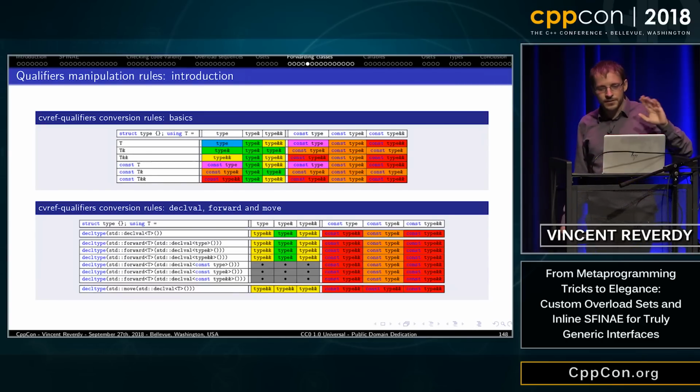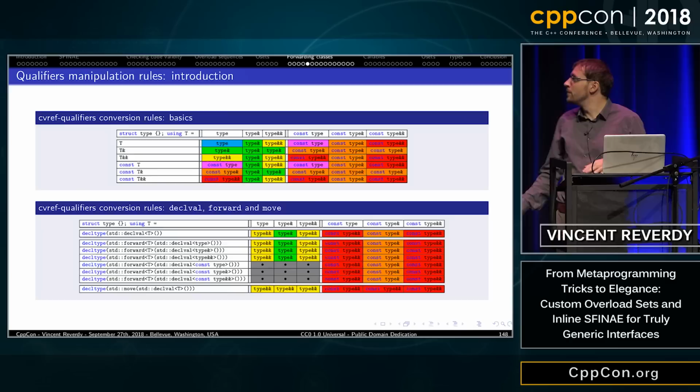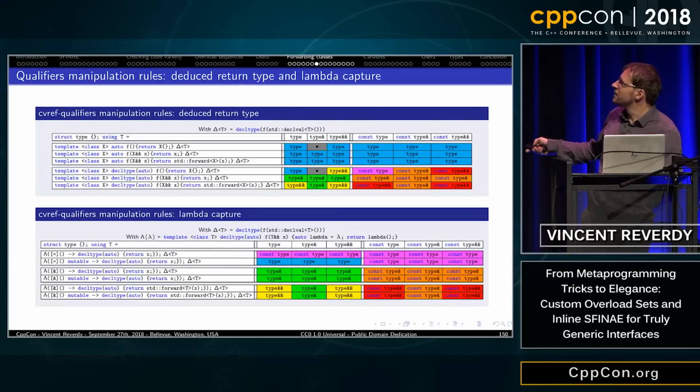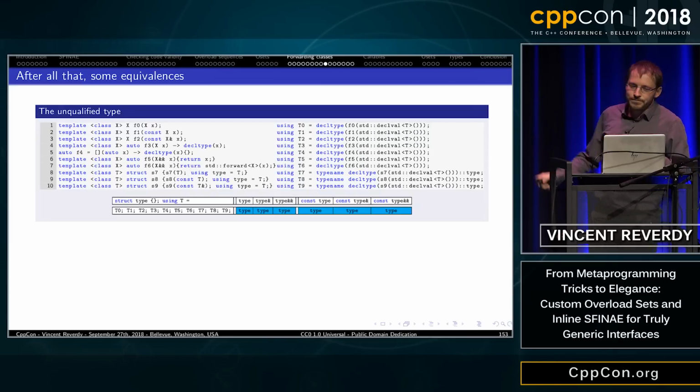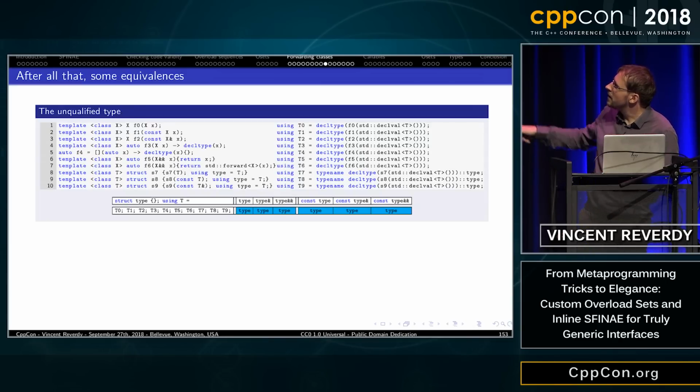This presentation will be posted online on GitHub, with all the conversions for all kinds of types. From that, we can deduce that all of these things are basically the same and result in the same kind of type deduction.